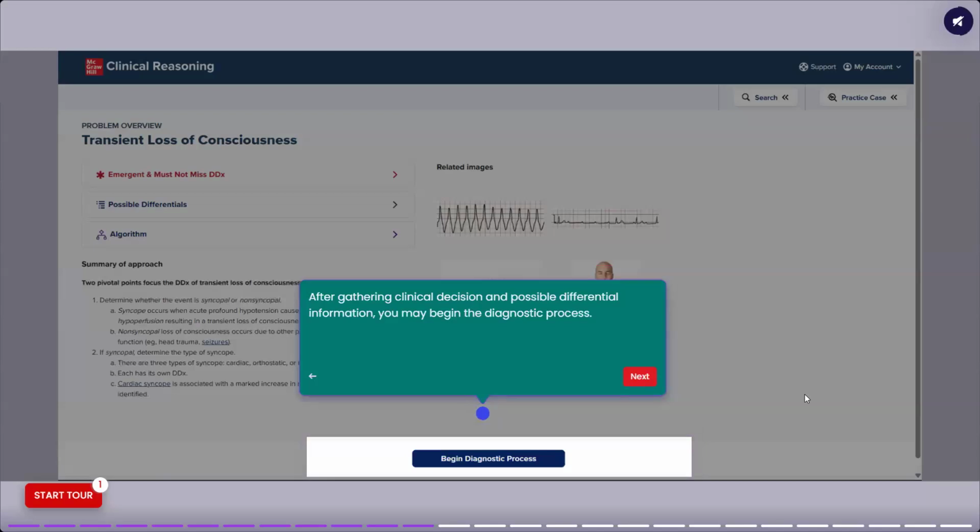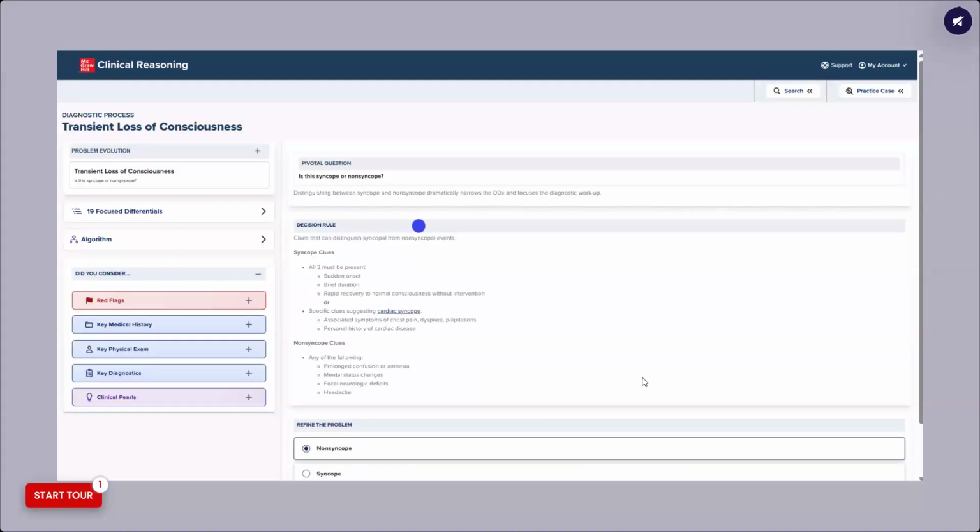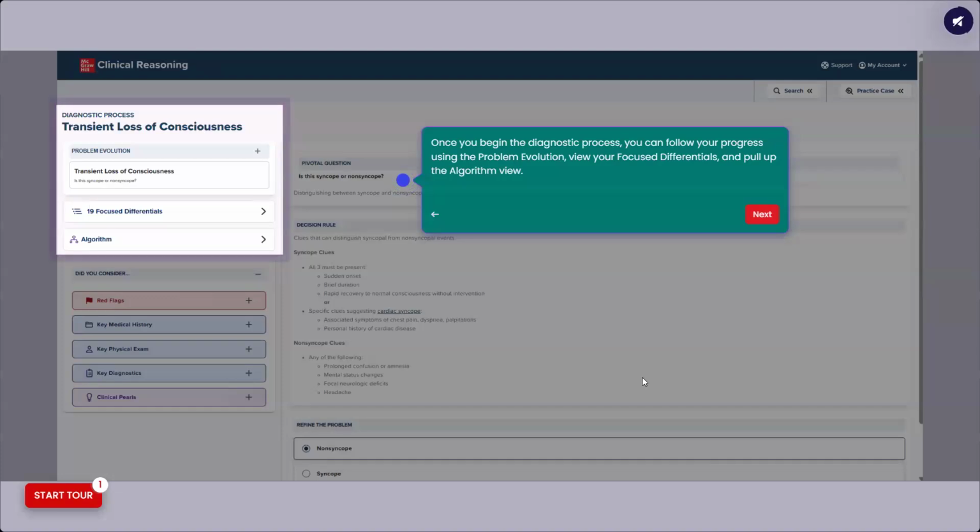Now, from this point onwards, we can begin the diagnostic process. So after gathering the information, we can click Begin Diagnostic Process. And this is where we dig deep into what was summarized on the problem overview page. So this is walking you step by step into the evaluation of each problem, starting with viewing the different differentials